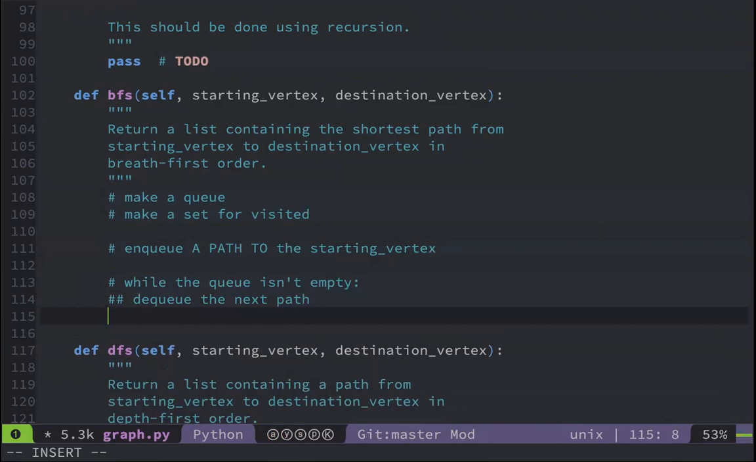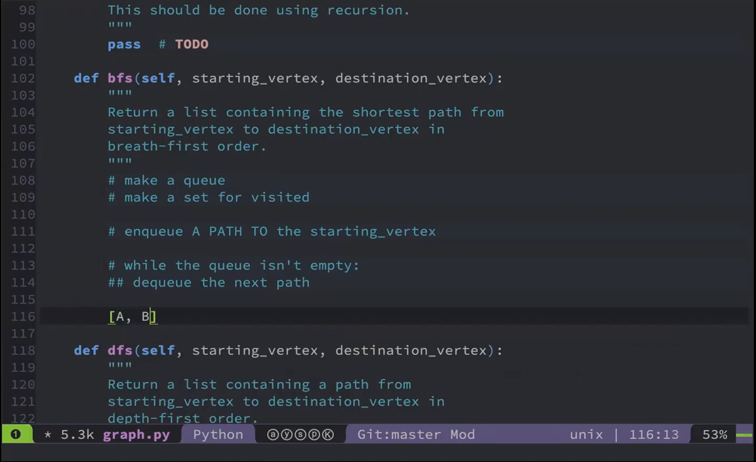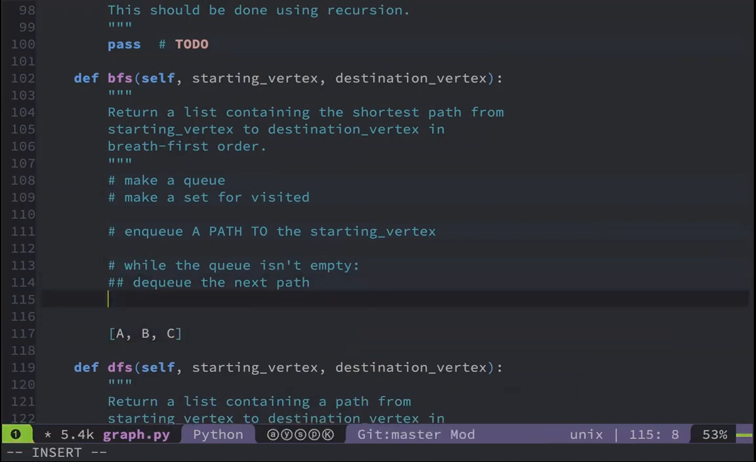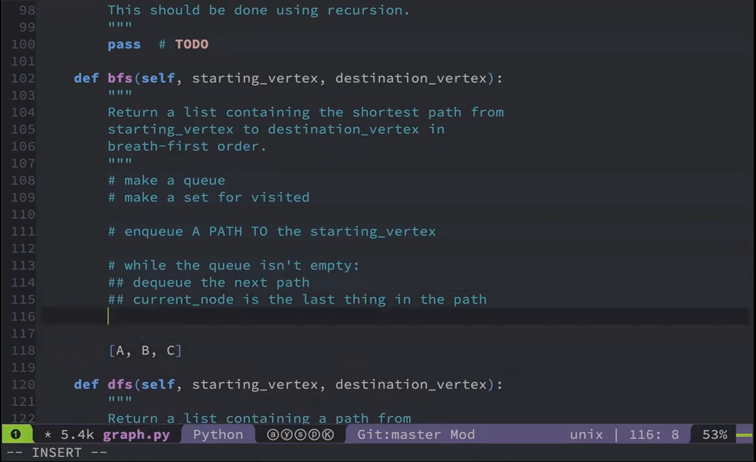Now the path is going to show, like if I have, say, A, B, C, and now I'm on C, this is going to show I started at A, then I went to B, then I finally arrived here at C. So your current node is the last thing in the path. If I'm on C now, it's the last thing in this path. So you want to get that. Grab the last vertex off that path, get your current node. And once again, as we did above, check if it's the target. If it's the destination vertex,